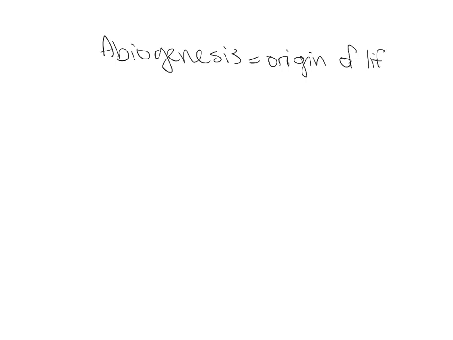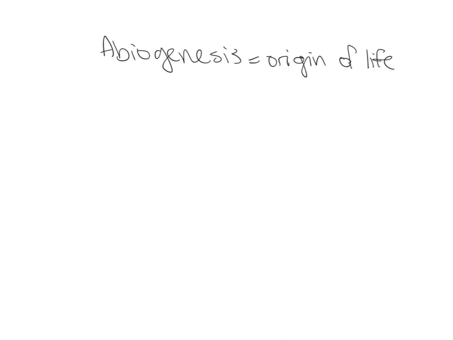So if cells are the basic unit of life, then if we talk about the first cells, we're talking a lot about the origin of life. And the origin of life is also called abiogenesis. So the prevailing hypothesis about abiogenesis is that going from non-living things, so life arising from non-living matter, such as